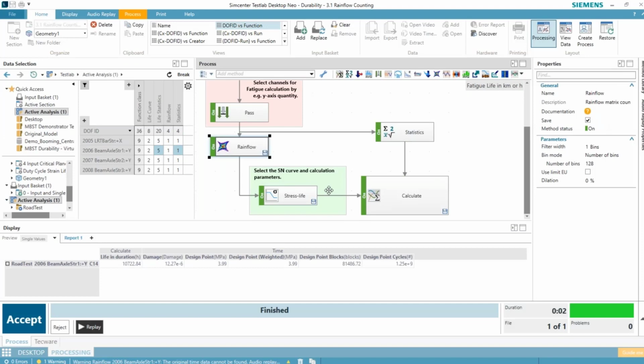One thing I meant to show is, on the rainflow method, we can choose how wide our bins are and how wide our hysteresis filter is. We can choose a certain number of bins. By default in TestLab, we choose 128, and you can go higher or lower. And this affects the rainflow counting, both the size of that hysteresis filter and how many of the amplitudes are slightly moved to fit the center of a bin on a rainflow matrix.